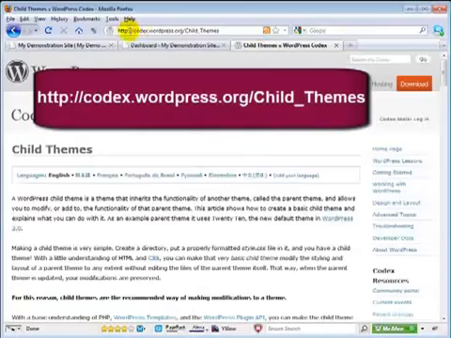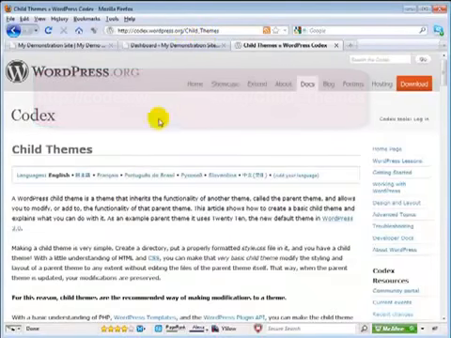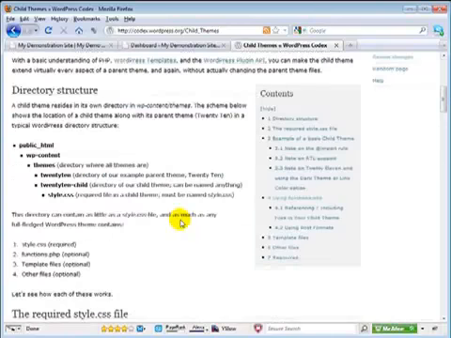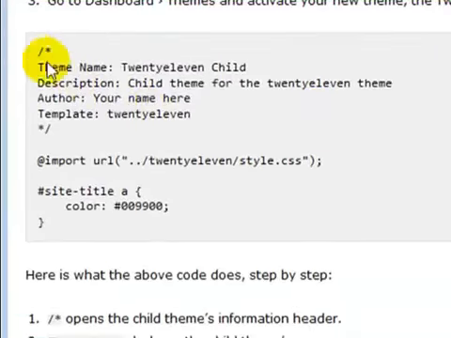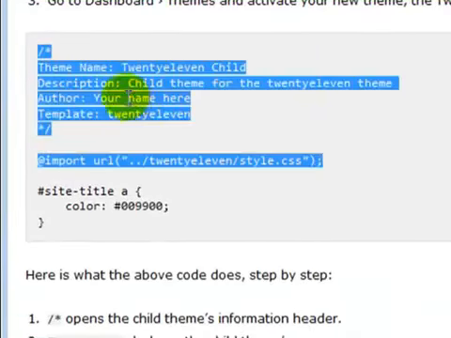And where you want to head to is codex.wordpress.org/Child_Themes. Make sure you capitalize the C and the T, otherwise you might end up with a page not found error message. And you'll see in here that a lot of this is referring to the 2010 default theme of your WordPress site. I'm going to be doing all my work here in the 2011 default theme, but as far as creating the child theme, it's all pretty much the same thing. So I'm going to go ahead and scroll on down here and copy this code for me to make our